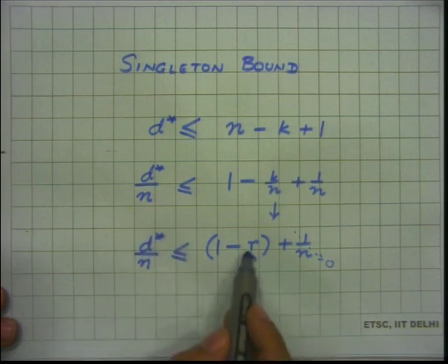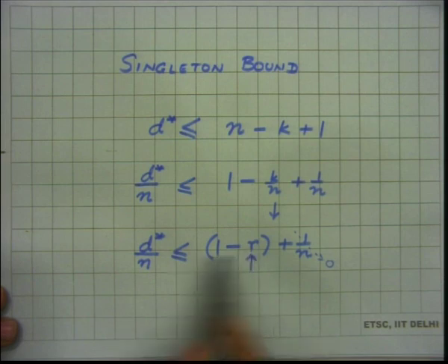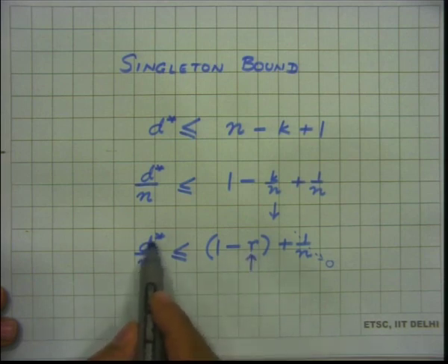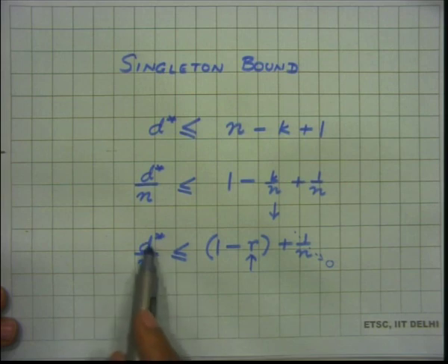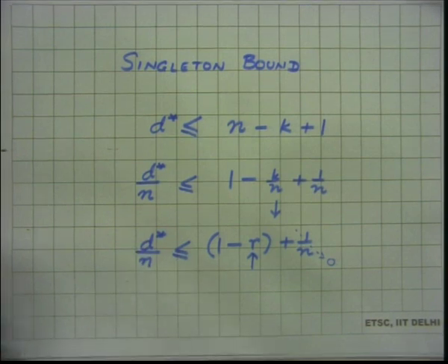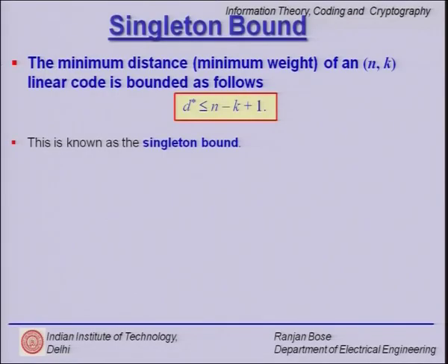So, on one hand I want to push my R, on the other hand I would like to increase my D star because D star has a direct implication to the error detection and error correction capability, as we will shortly see. So, we go back to our slide on Singleton Bound,